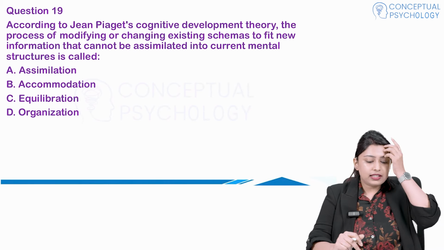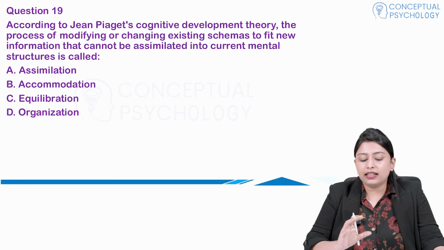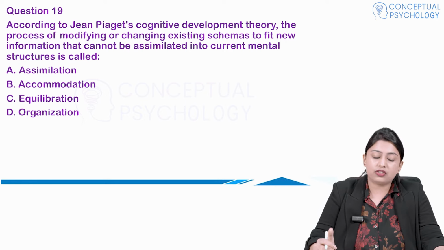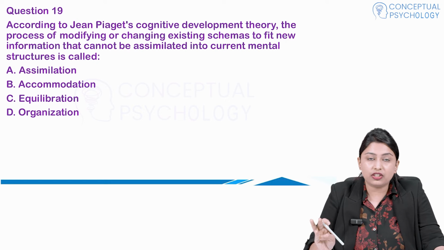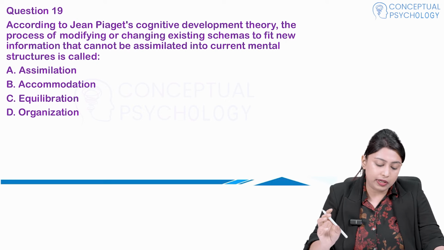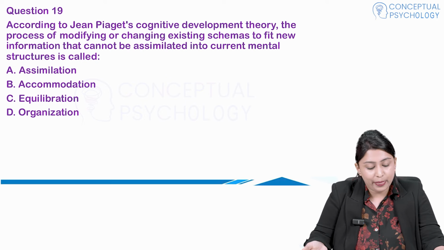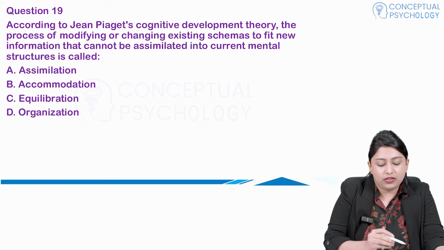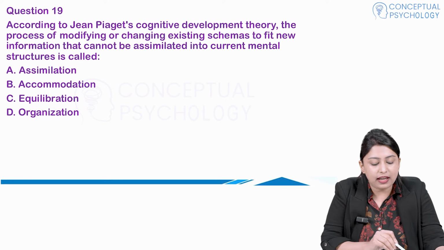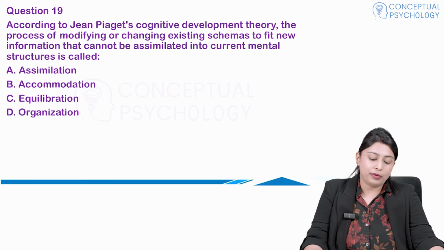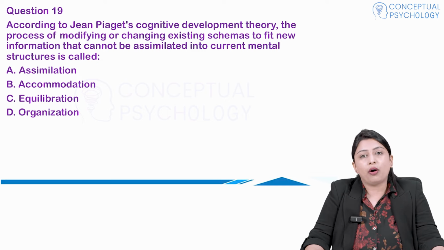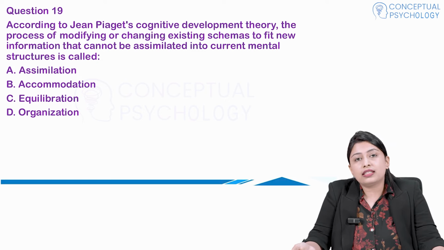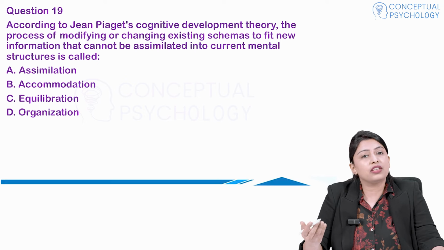The next question. According to Piaget's cognitive developmental theory, the process of modifying or changing existing schemas to fit new information that cannot be assimilated into current mental structures is known as assimilation, accommodation, equilibration, or organization. In past exams also, we always get a question either on assimilation or on accommodation. So the answer to this question is accommodation,